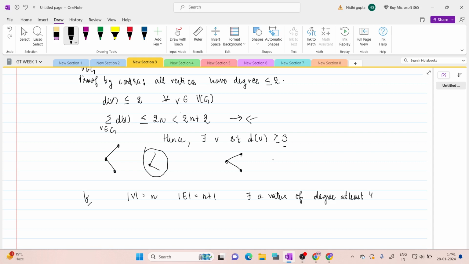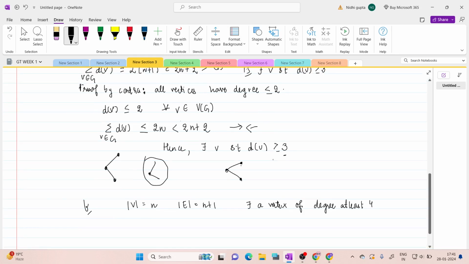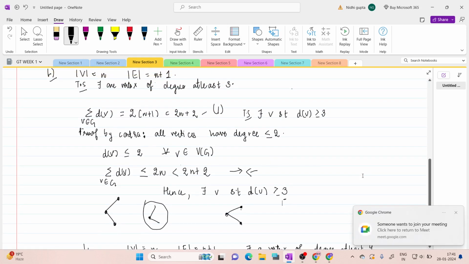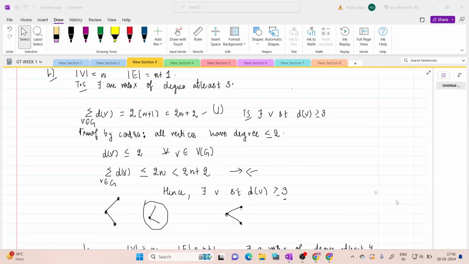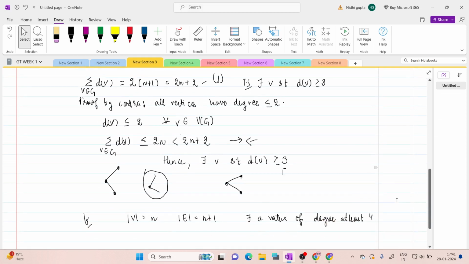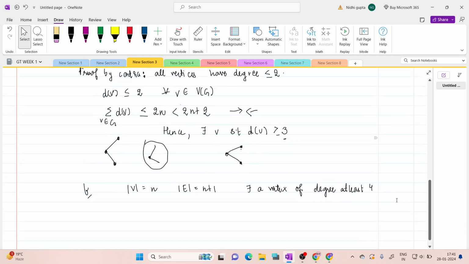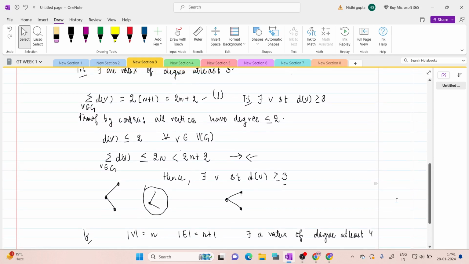For the validity of the question, the number of vertices should be at least three. Then only can we have the number of edges equal to one plus the number of vertices. So if we use a similar argument here and assume that every vertex has degree at least three, then we'll come up with an inequality wherein